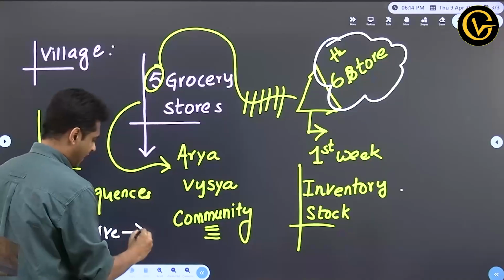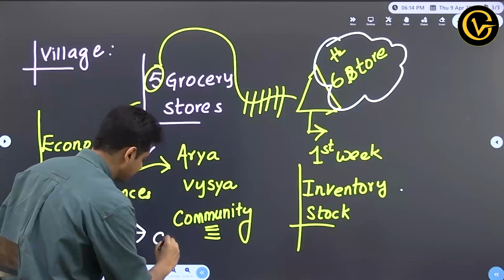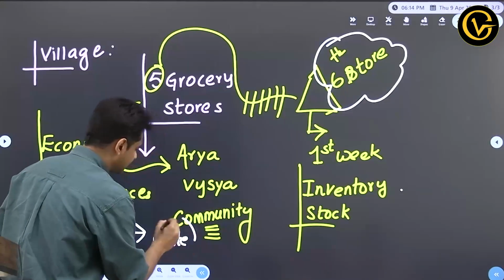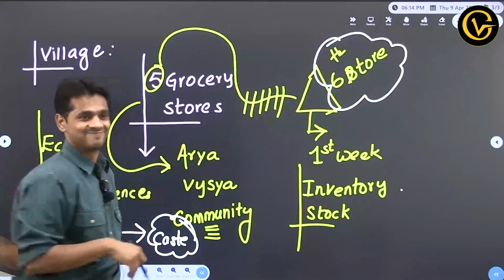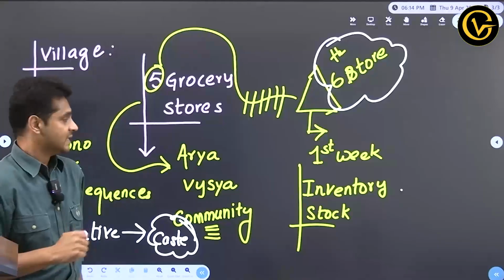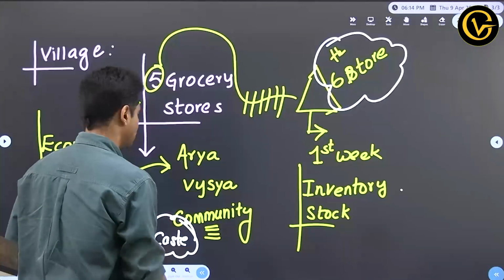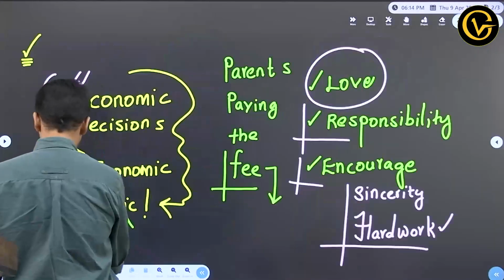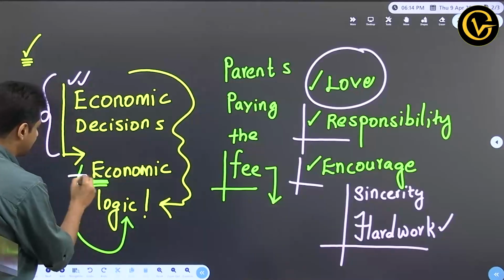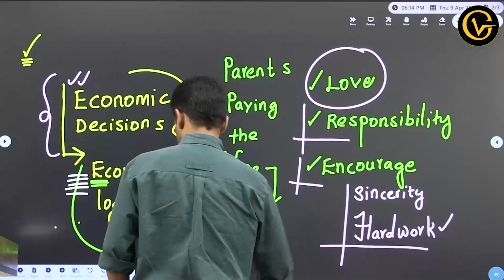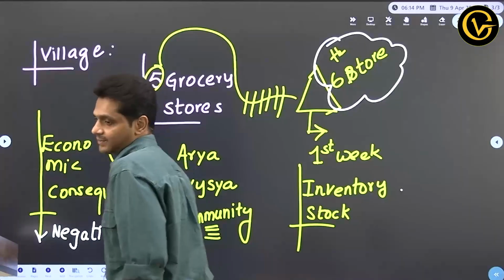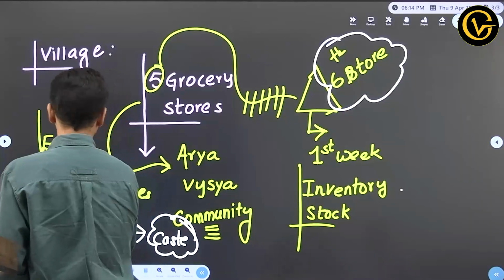Caste. The fact that they belong to the same caste, they thought it's their responsibility to encourage fellow castemen. You got my point? So here, did they go for that particular economic decision strictly based on economic logic? No, they did not take that decision strictly based on an economic logic. You understood my point? So going a little further, what economic anthropology deals with is,